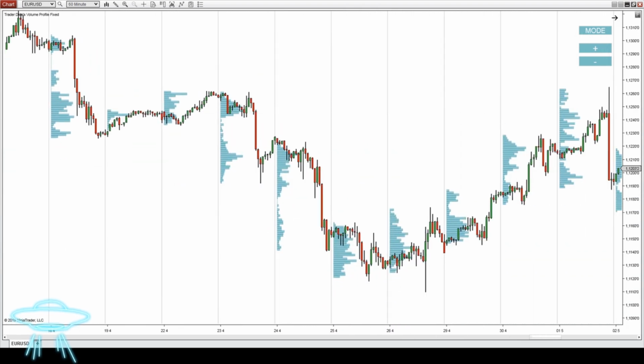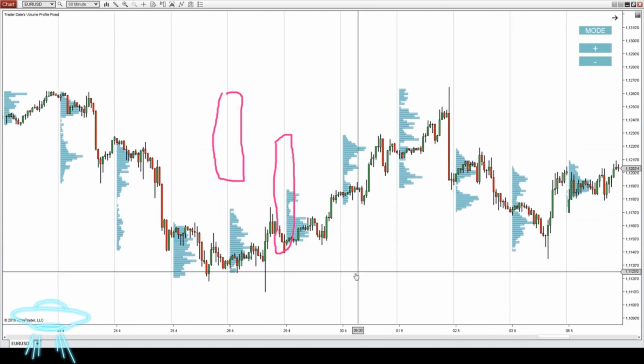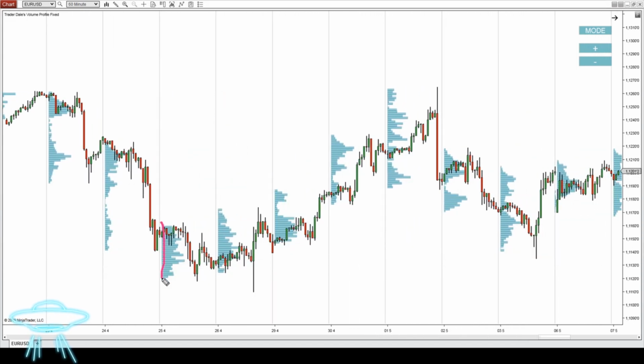Afterwards, the price goes into a selling activity. There's a thin profile, another thin profile. And after that, there's a D-shaped profile, temporary balance between buyers and sellers, another one, another temporary balance between buyers